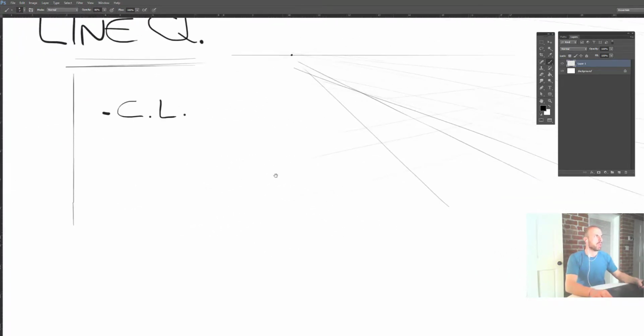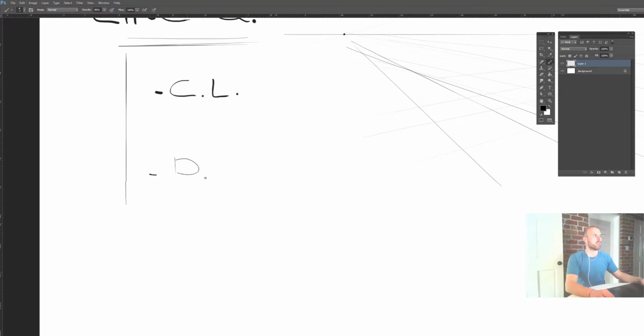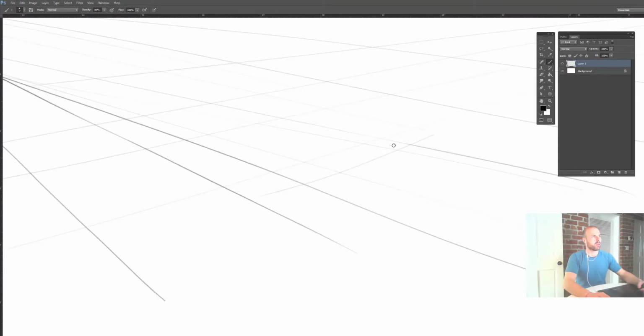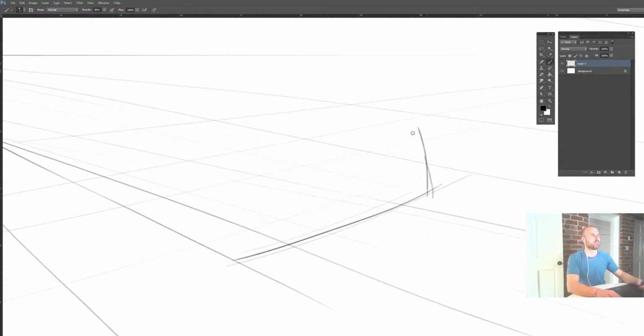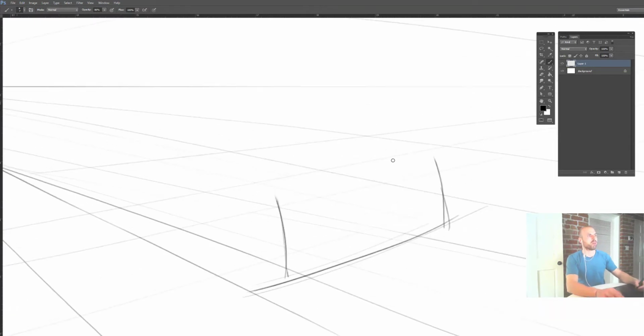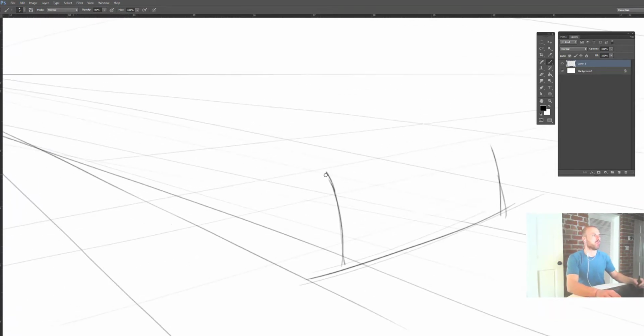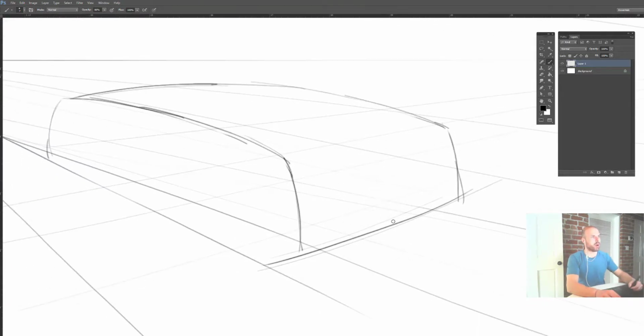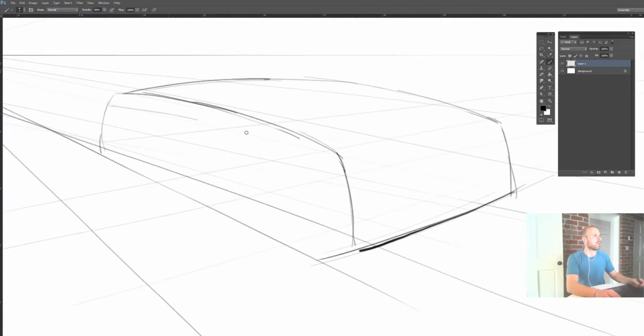Okay, then we have design lines. Design lines are lines that are a little bit darker, and they contain information that is relevant to communicate form. So for example, if I'm building a rounded box here, if you notice, the lines that I'm using now are a little bit darker, and in particular here, where I want the focal point to be,